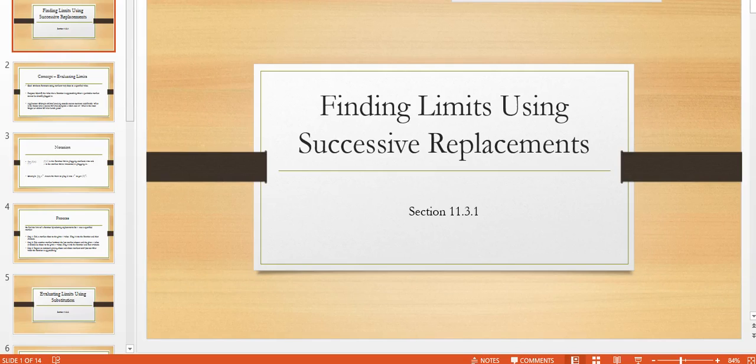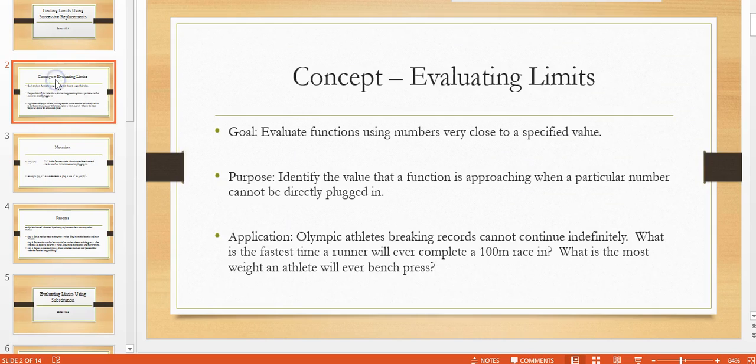So now we're actually going to start an introduction of concepts you'll be exploring further in your calculus classes. So really this is beyond the scope of pre-calculus, and it's an introduction to what you'll see next year. So the goal for what we're going to be doing in this chapter is learning how to evaluate functions using